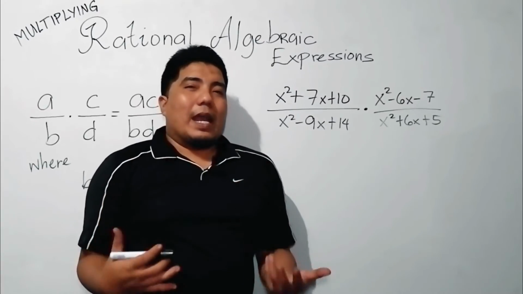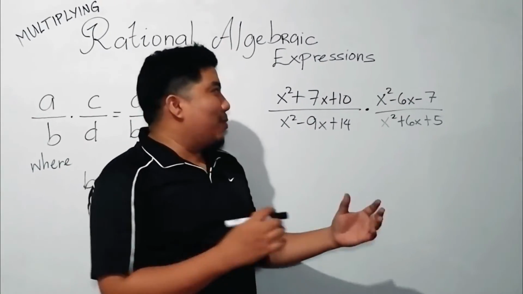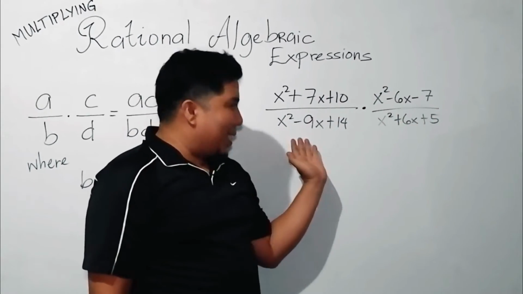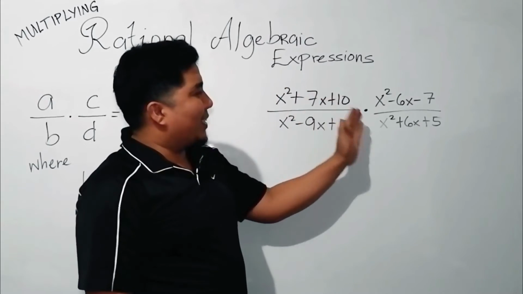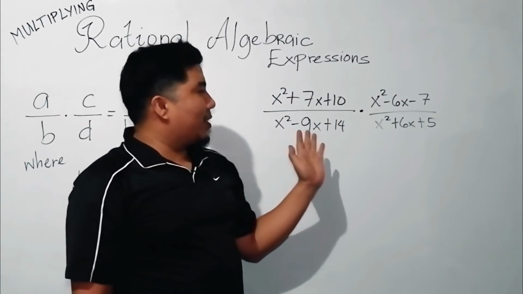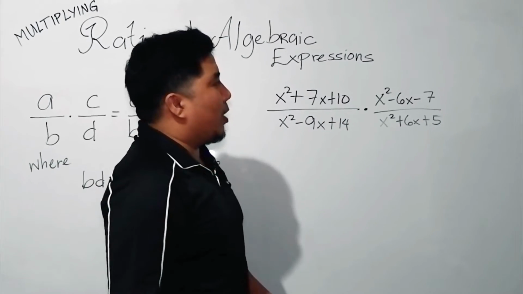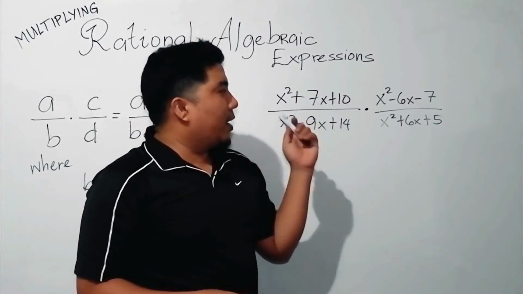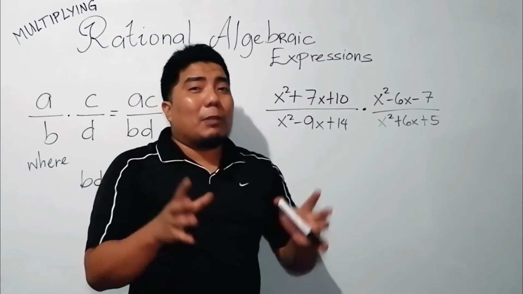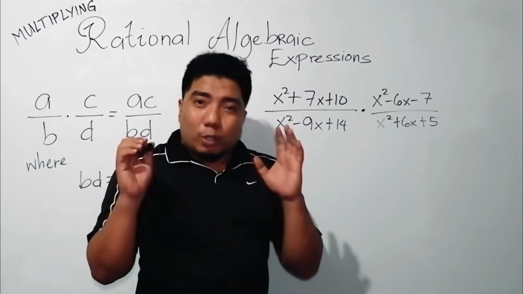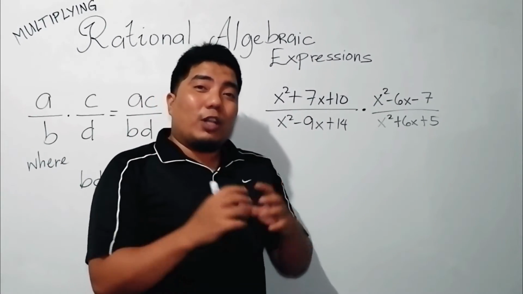Okay, math learners, we are now in our final example, which is a trinomial multiplied by a trinomial. Same goes in the denominator side. So, we have here x squared plus 7x plus 10 over x squared minus 9x plus 14 times the expression x squared minus 6x minus 7 over x squared plus 6x plus 5. Now, do not multiply this directly, my dear math learners. What you will do is step 1, factor out all the possible